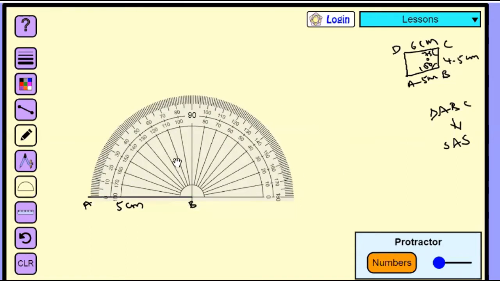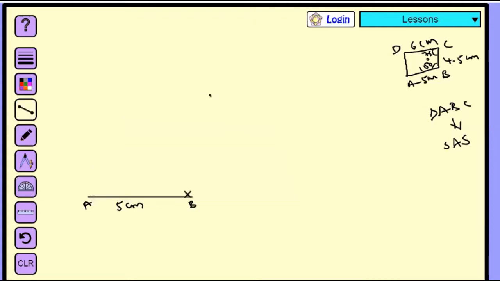So now take the protractor and place it with the center at B. The center point of the protractor must be matched with the vertex B, and read the angles from the left side. So we are getting 0, 10, 20, 30, 60, 80, 90. Here we have 100. So mark the 100 point here, remove the protractor and draw a ray BX with B as the vertex through the marked point. Now you can label it as ray BX and write down 100 degrees. Now we have constructed angle B equal to 100 degrees.